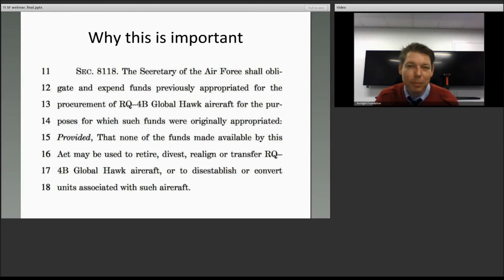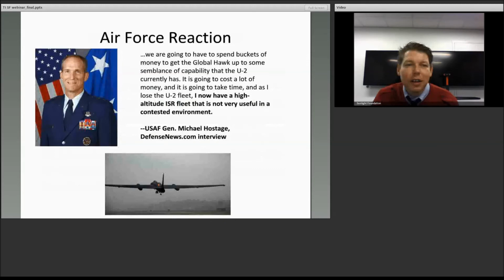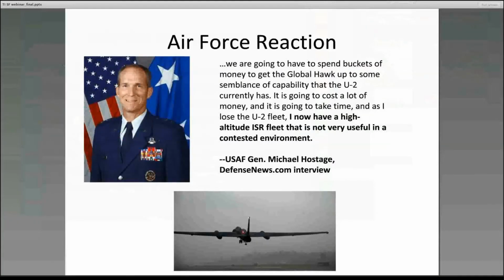It's a multi-billion-dollar program, and it's basically telling the U.S. Air Force that they have to use the money that was appropriated for this purpose to buy this particular weapon system. That seems a little bit odd, and why would they be putting this language into bills? Well, the reason is that the Air Force really does not like this particular weapon system. It has trouble flying. I did a story about how it has trouble flying in bad weather. If there's a thunderstorm, these things are grounded. These are basically surveillance, eye in the sky type things.